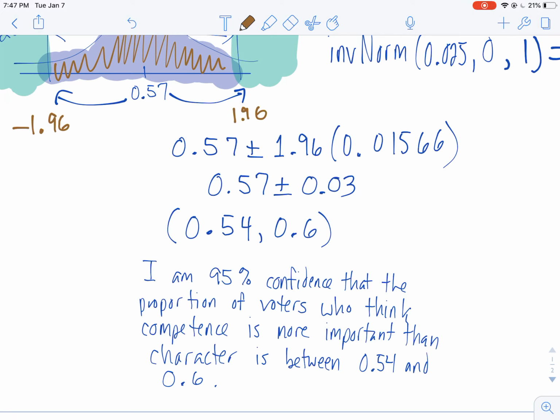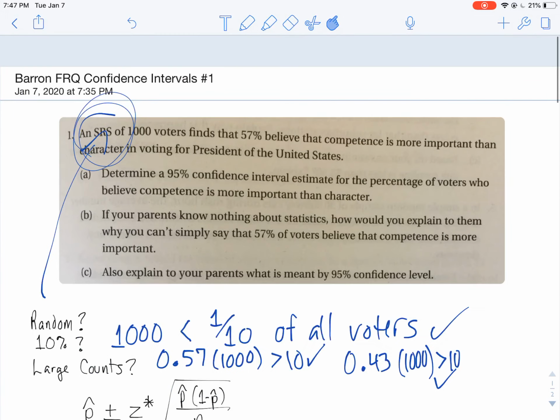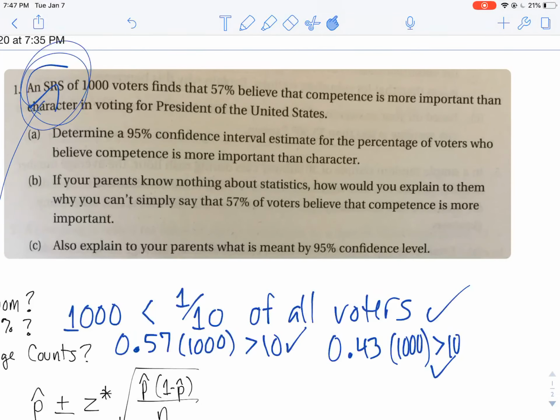So that I'm 95% confident that the true proportion lies within there. I can also say I'm 5% confident that the true parameter does not lie in that interval. But we don't like to say that, but we can think that. So now the next question they ask us is, if your peers know nothing, how do you explain to them